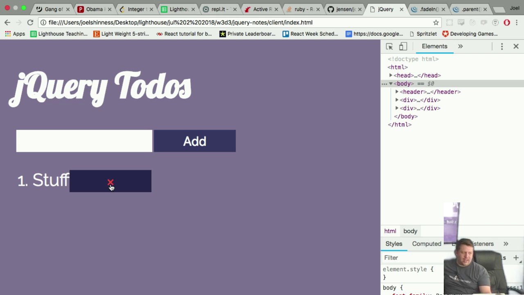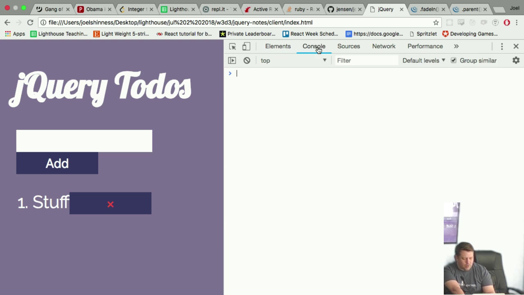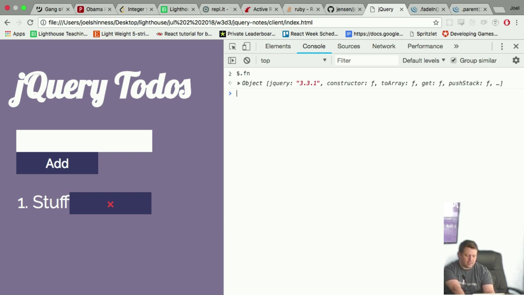So it's just a way that I can wrap up a bunch of DOM manipulation into a function and then call it on an element, and that $.fn is where all of those functions live. It's the prototype. So if you wanted to see all of the things you could do, just do $.fn, and you will see